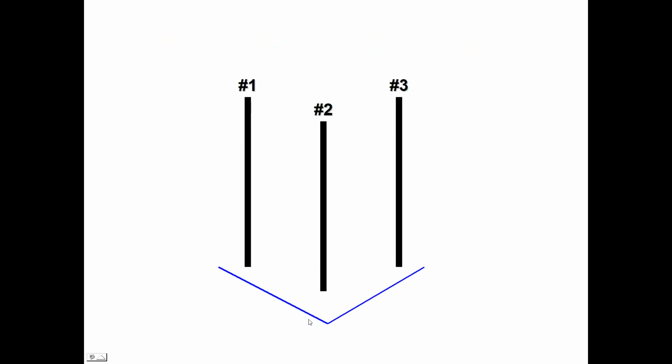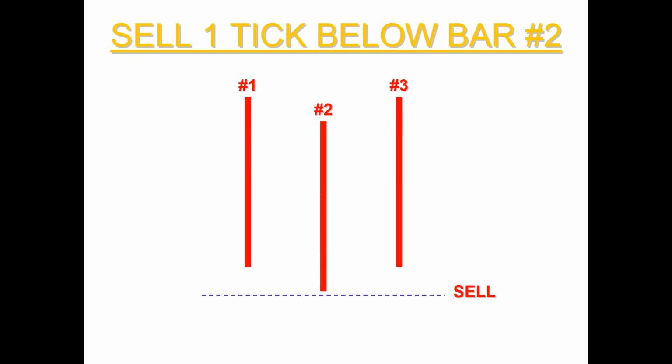Since this is a sell setup formation, we want all 3 bars to be colored red by the PAT D. We're not going to sell if the bars are green, right? Because that's telling us the trend is up. We're never going to trade against the short-term trend. We want to trade in sync with the trend. So if the 3 bars are red, well then we're going to sell 1 tick below bar number 2, all